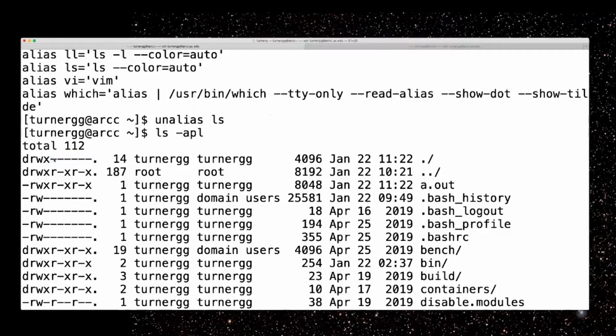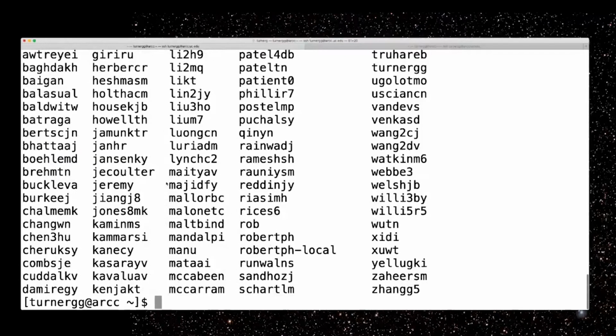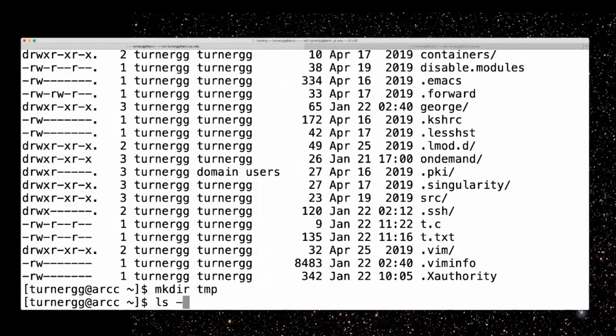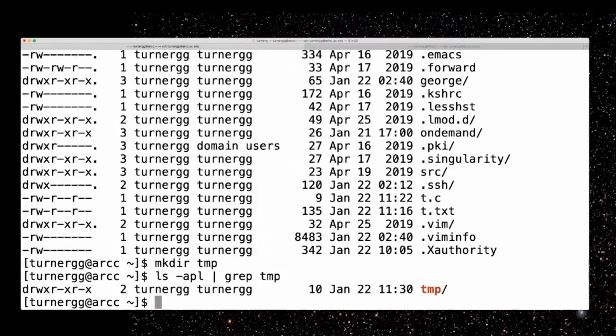There is a command called chmod, CHMOD, and you can use it to change the permissions on these directories. Let's see. Do I have a temp? I created a directory, mkdir temp. There's my temp directory I just created. Oh, I don't do it this way. Let's see. If I want to remove world read privilege from temp,